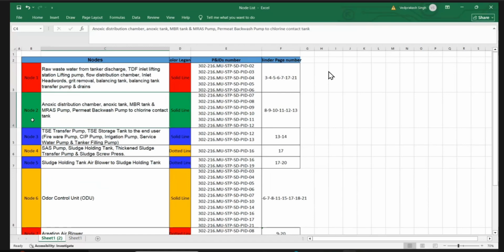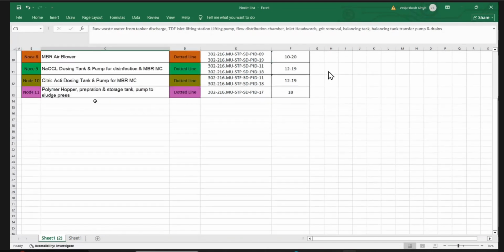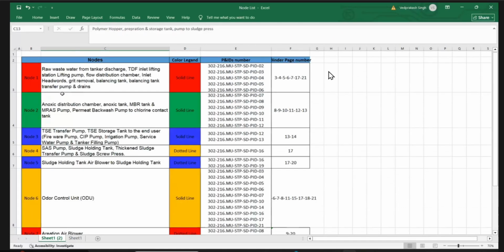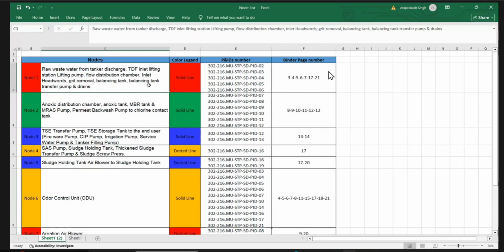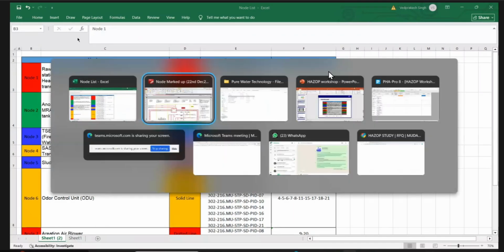Node 2 is a green solid line. Node 3 is again a solid line, blue, and node 4 is a dotted yellow line, like this. So we have divided the entire scope into 11 nodes. We will go one by one so that we don't rush and we don't miss any important point. Okay, now what we will do, we will start with node 1. If you see the P&ID,